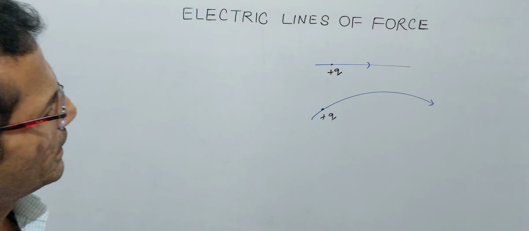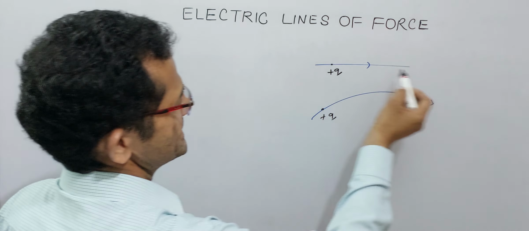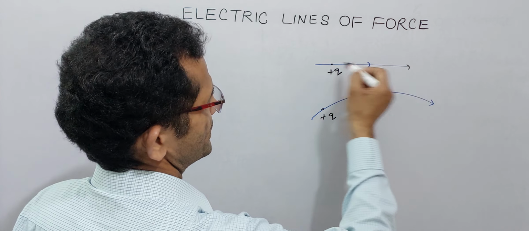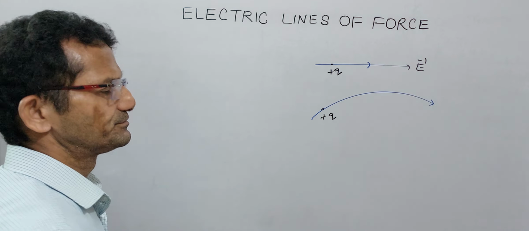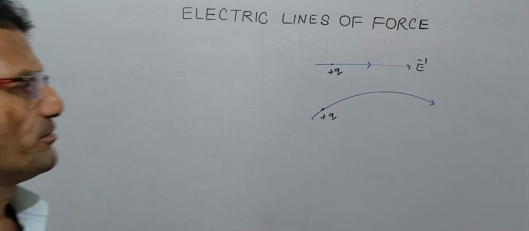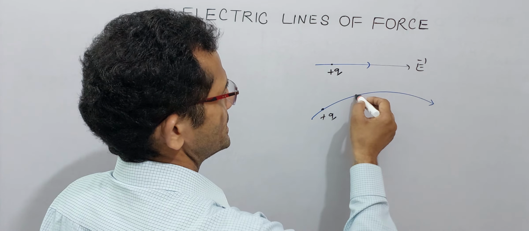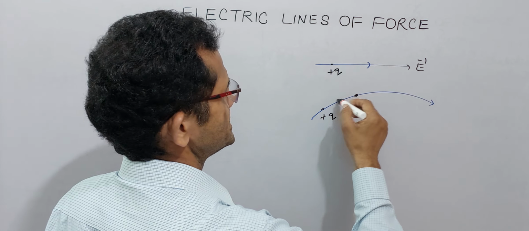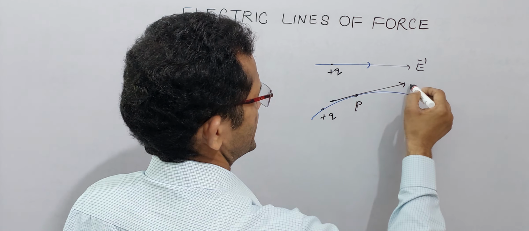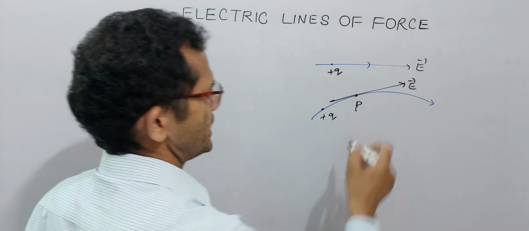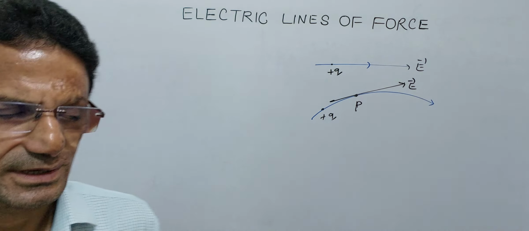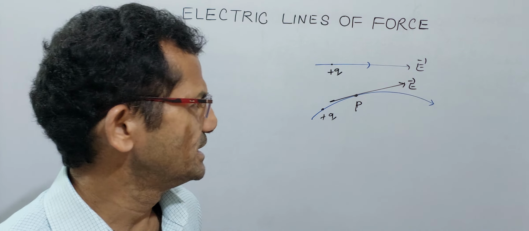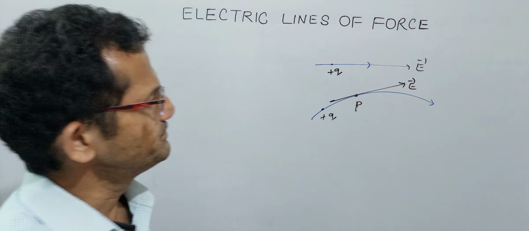Here this is a straight line. The electric field has the direction along this one. If I find the direction of the electric field on the curved path, we should take a tangent here. If I draw the tangent here, the electric field will be along this one. So every point in this curved part has a different direction of the electric field,